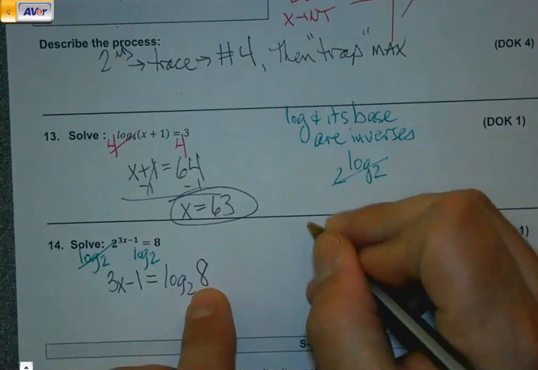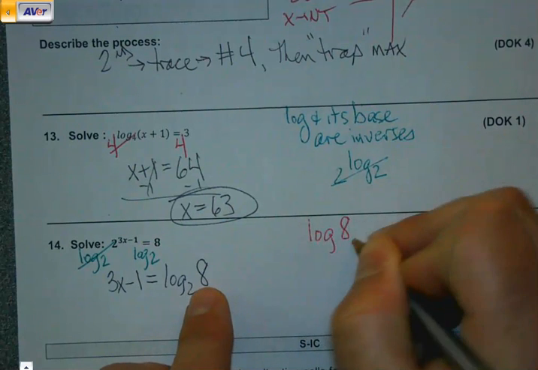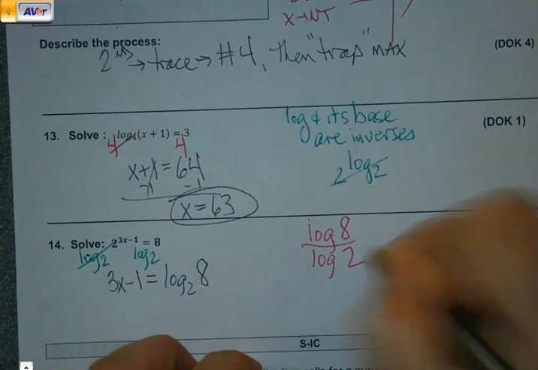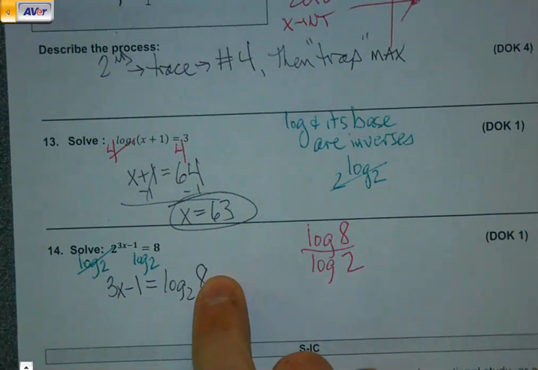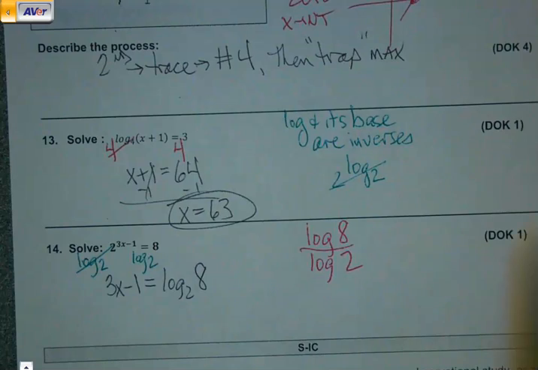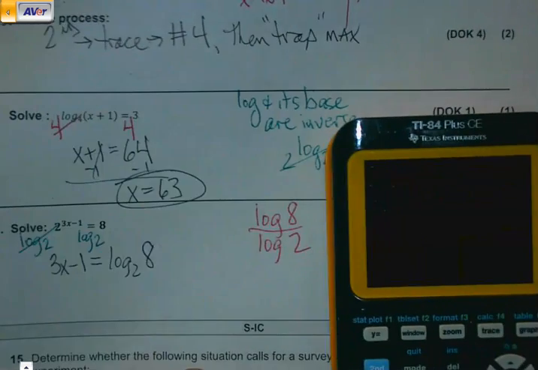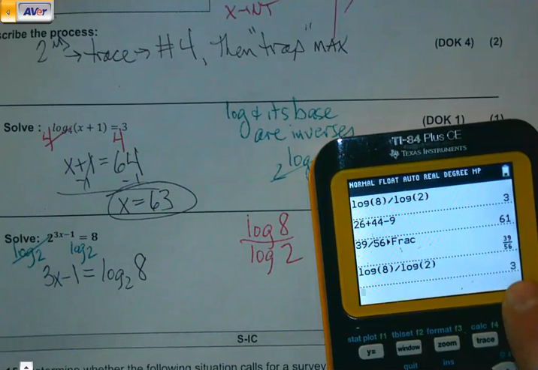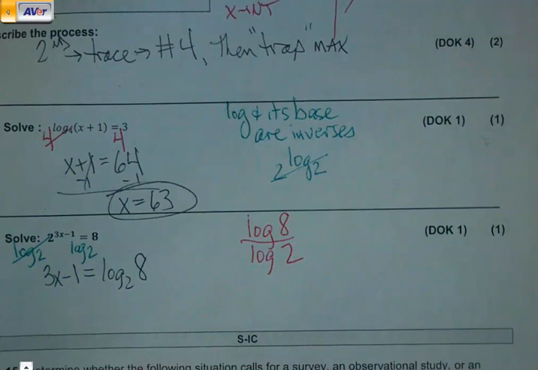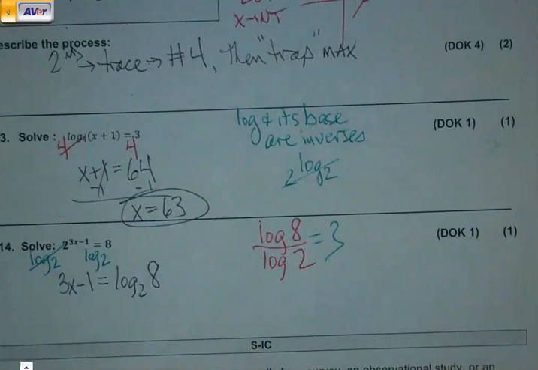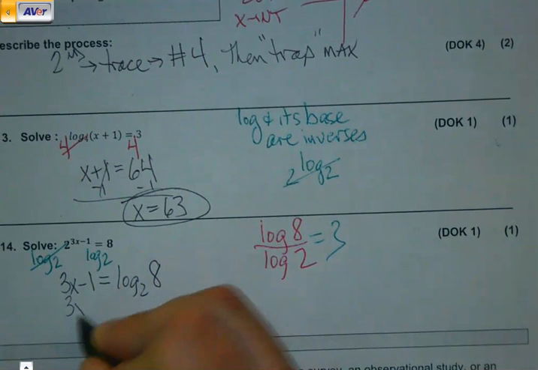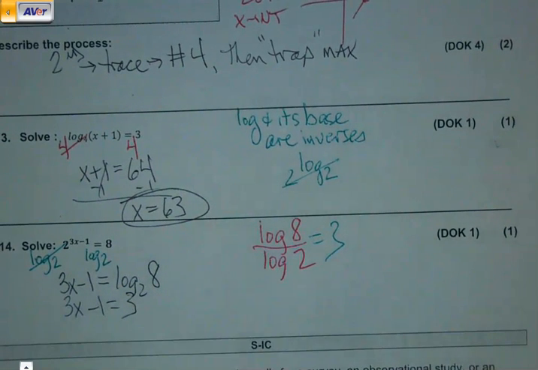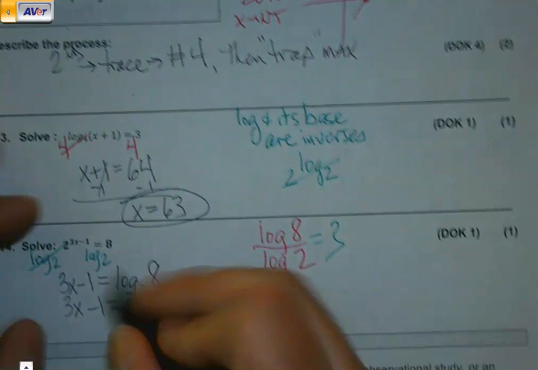To type this into the calculator, we have to use change of base. So a little flashback. Log big divided by log little. So if I tuck my calculator in here, log 8 divided by log 2 is 3. So this is really 3x minus 1 equals 3. And now we're back into Algebra 1 stuff. So 2 problems